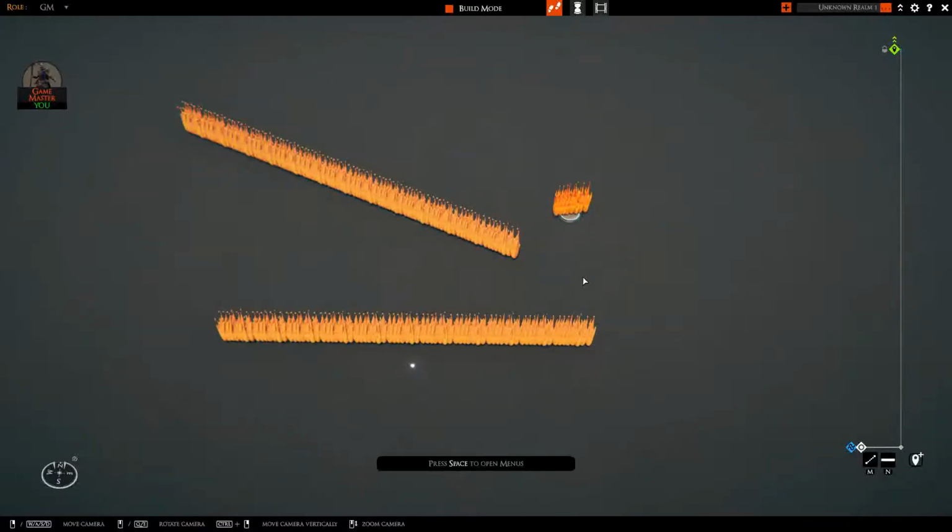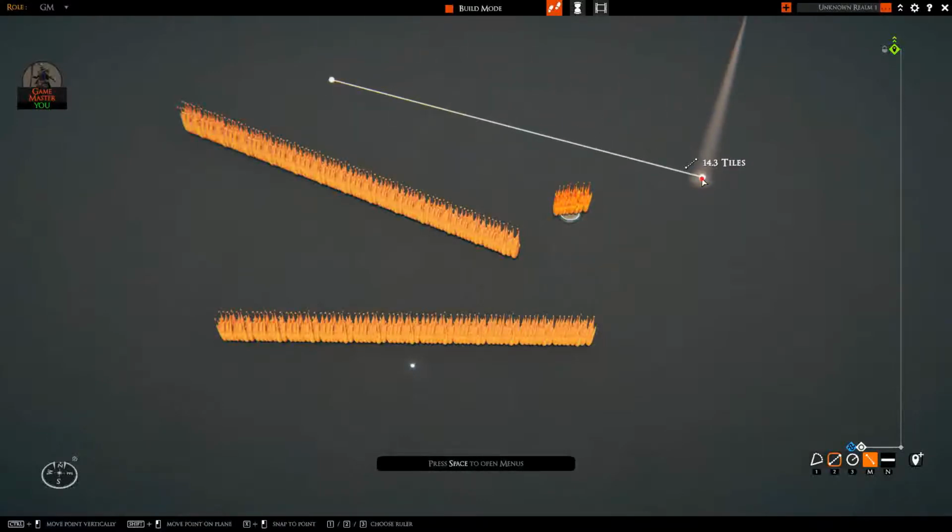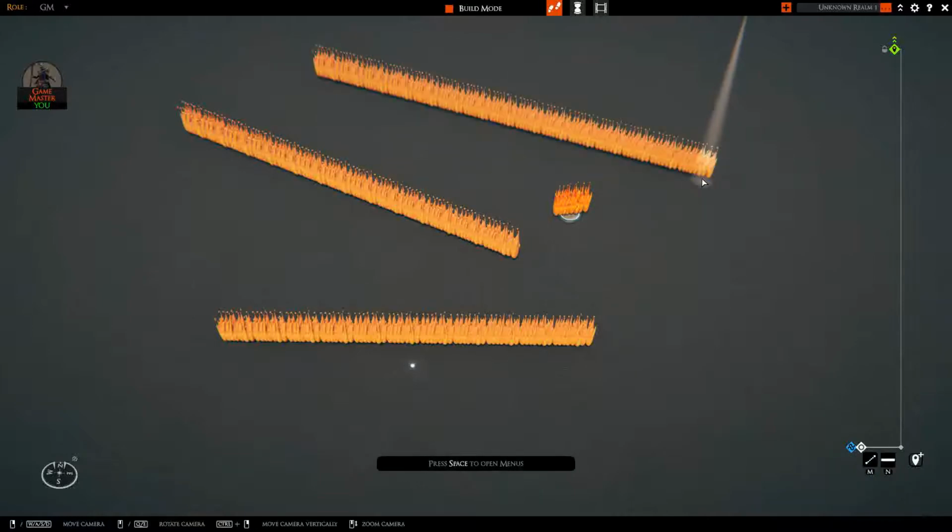So now if I do the replication again and do that, we can see that it replicated again the wall of flame, but this time it didn't ask me what I want to replicate because it used the transformation off of the selected object. So this way you can have, for example, a bunch of spells at the side of the board already prepared with transformations, and then just whenever you select and then use the replicate line on will be the one that's